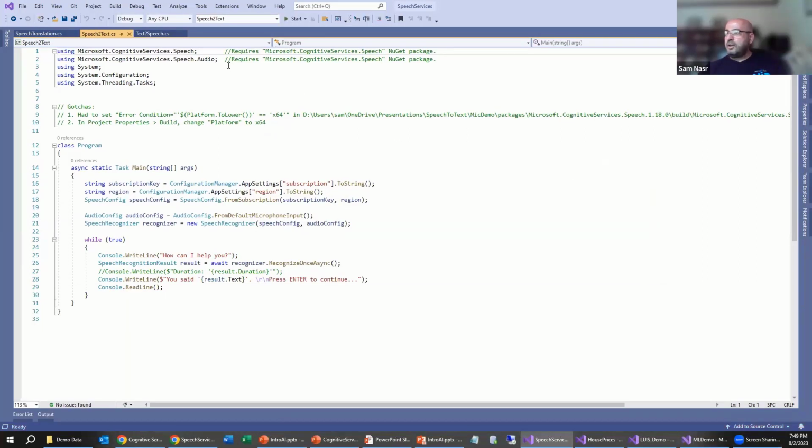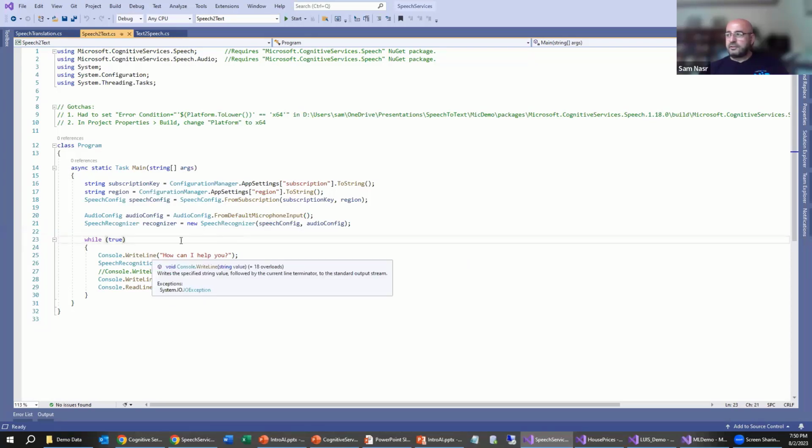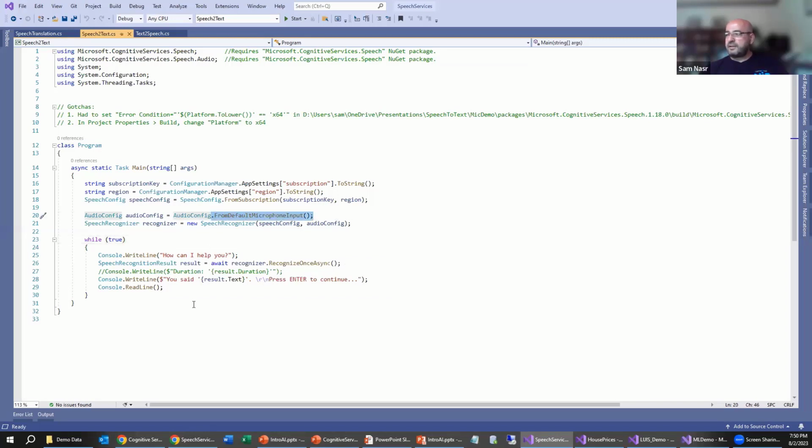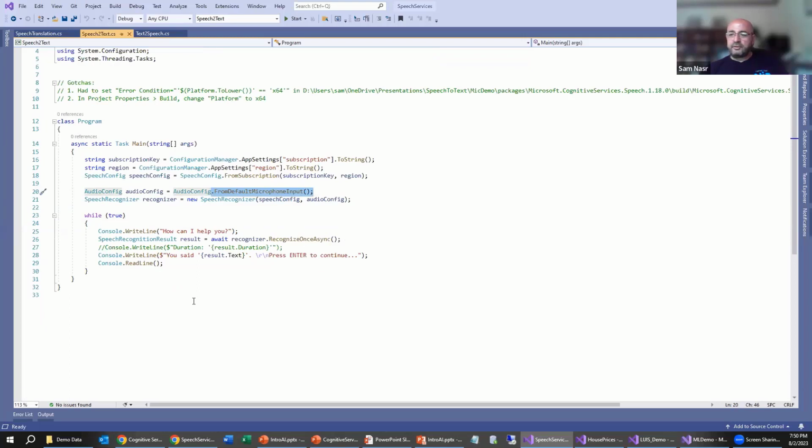And again, this is very simplistic in the sense that I don't have to build a model. All I did was incorporate the NuGet packages for the speech services. I utilized my subscription and my region and instantiated the speech config class. And then I was able to essentially listen to my user using the default microphone as stated here. And then it just rendered everything to the output.